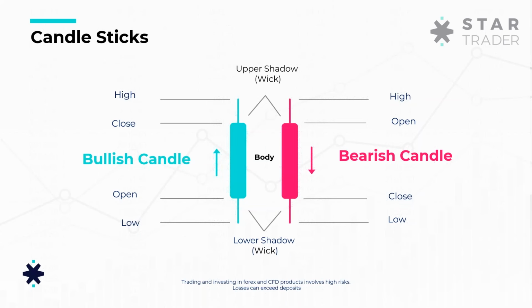We can move to the next candle, which is the bearish candle. The bearish candle is the declining candle. We can see that it's totally opposite. We have the high and the open price on the upper wick, and we can see the close and the low price on the lower wick. The difference between the close and the open price, which is the body of that candle, usually should be red or black, whatever the color you are using on your chart.